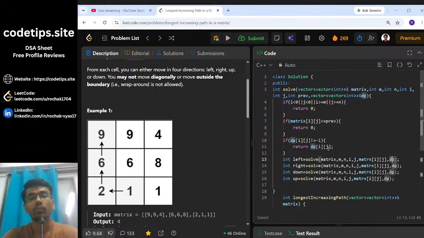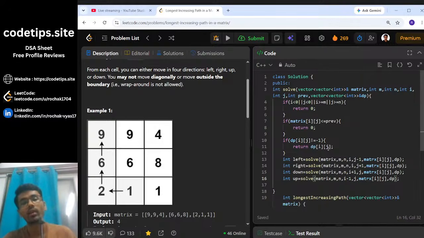While going left we'll be traversing the columns, so we'll change the j variable by -1. While traversing right, again we are traversing the column, so we'll do j plus 1. In going down we are traversing rows downwards, so it will increment by 1, so we'll do i plus 1, and the remaining is i minus 1 while going up. So if we are not missing anything,